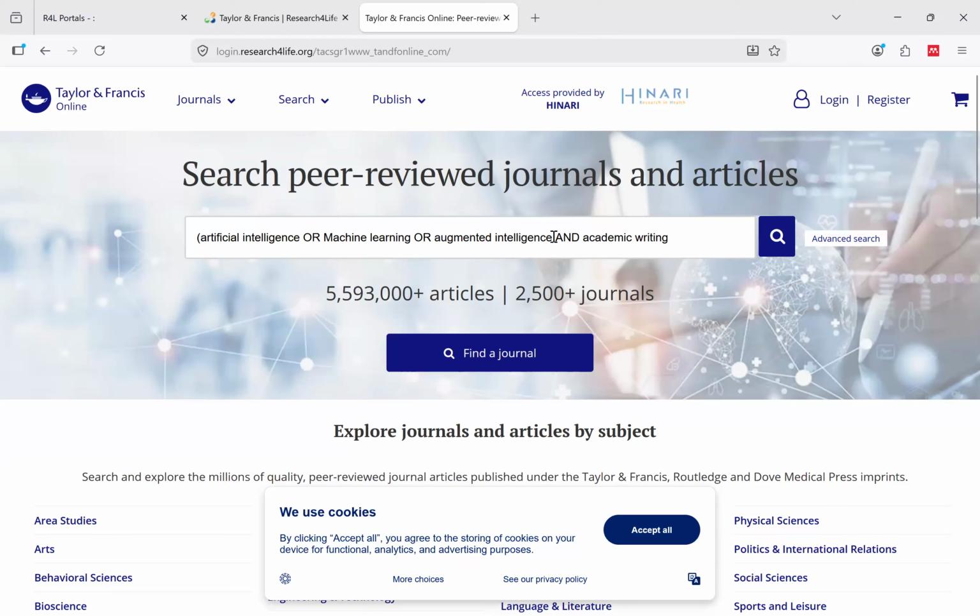So I'm informing the system, first search these terms and then add them to academic writing. So these are related. Whoever used augmented intelligence or machine learning or artificial intelligence and related it to academic writing, all papers will be retrieved.